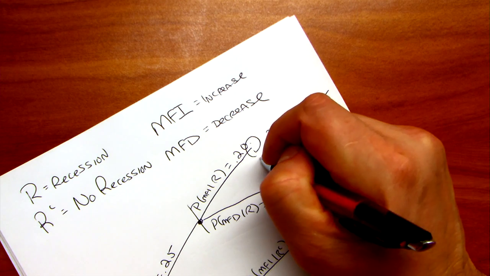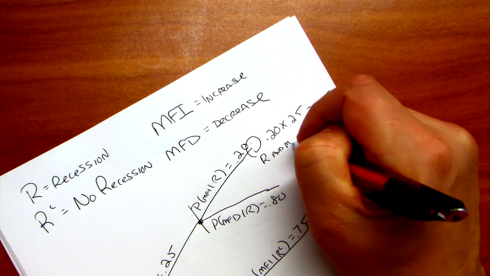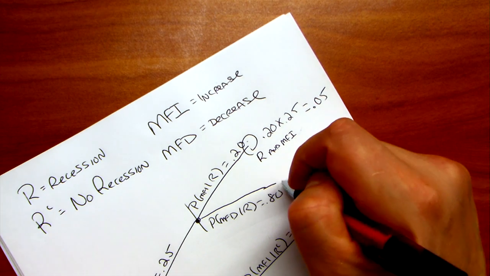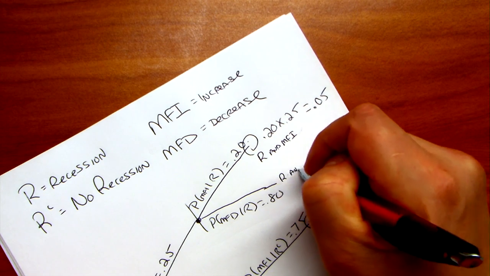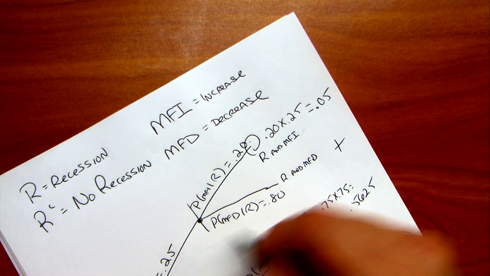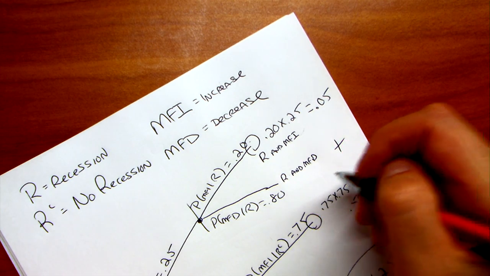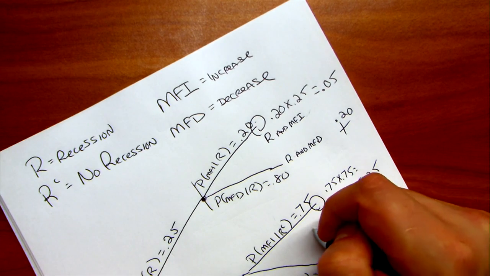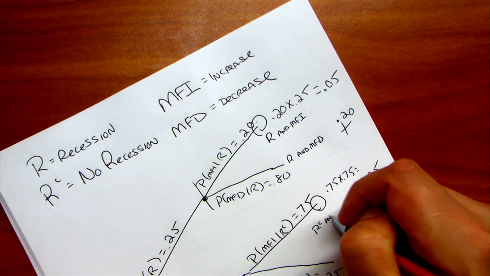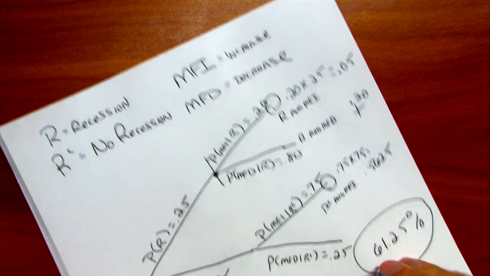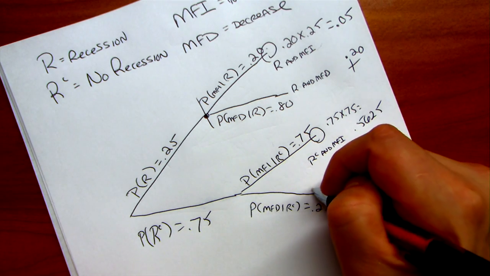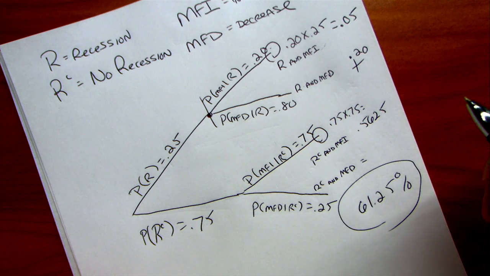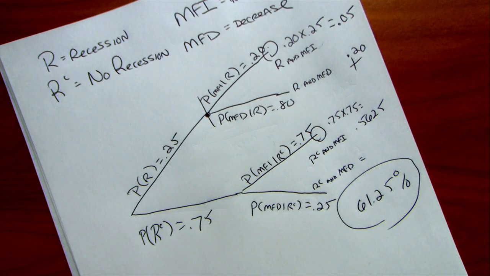Okay, and remember what we're employing here is the multiplication rule, because what we're figuring out is the probability of recession and mutual fund increase, and that's what the multiplication rule says. Multiply along the path, that will find that. This is the probability of recession and mutual fund decreasing. That would be 25% times 80%, which would give me 20%. Okay. This is the probability of no recession and a mutual fund increasing, which we found is 56.25. And this is the probability of no recession and mutual fund decrease, which is 75% times 25%,